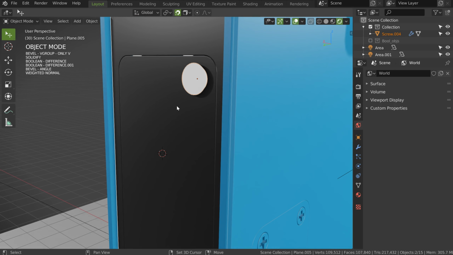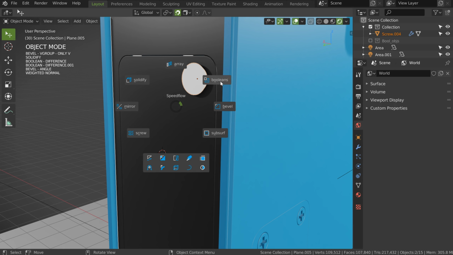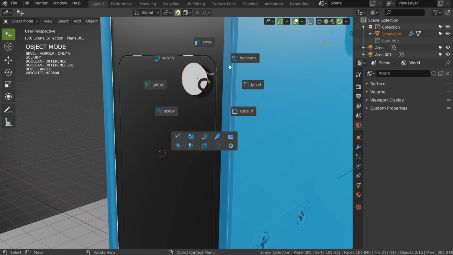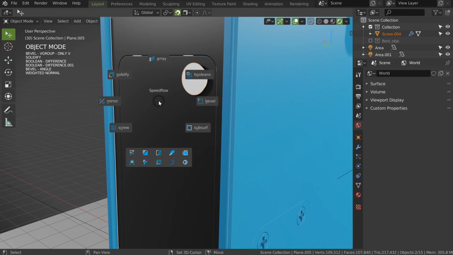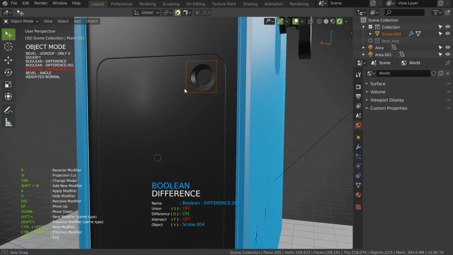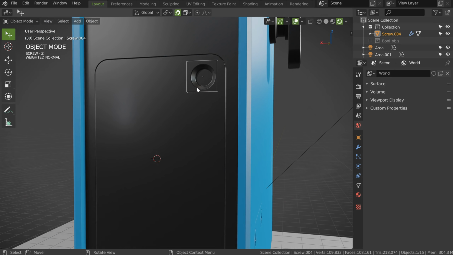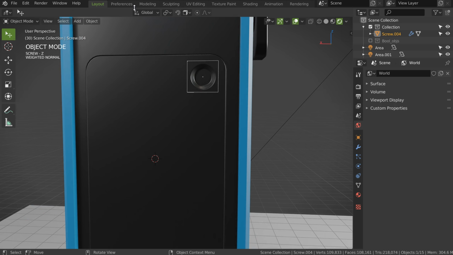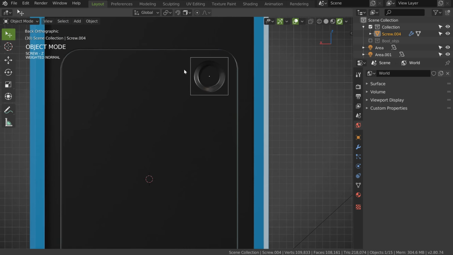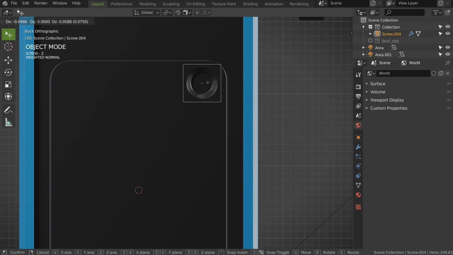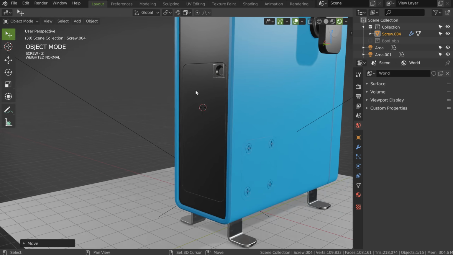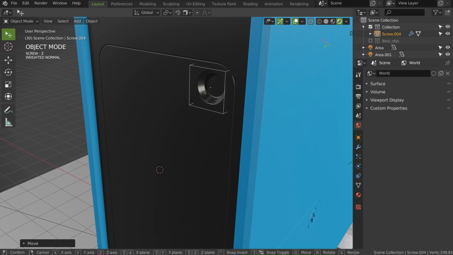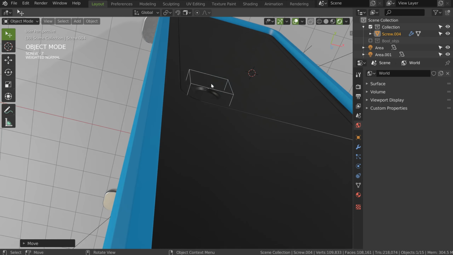I will make a boolean. I need to click. Sometimes I cannot. So, did I select this one and this one? Boolean. Yeah, this is working. I will just move it correctly, but I need to remove the snap. I will press Ctrl 1. Ctrl 1. I will just move this one here. Maybe I will keep it like that. And maybe I will just move it like that. Yes, this is interesting too.